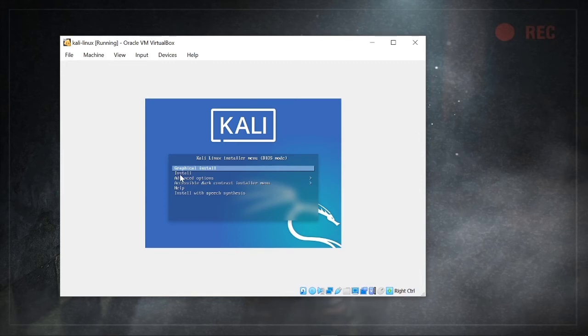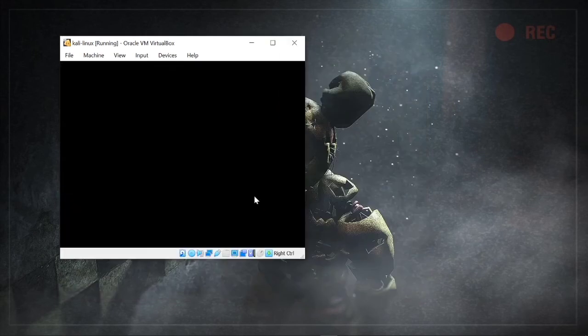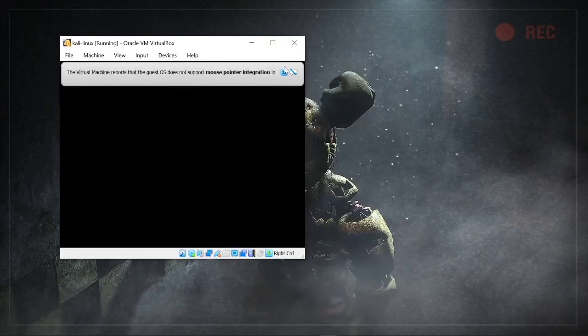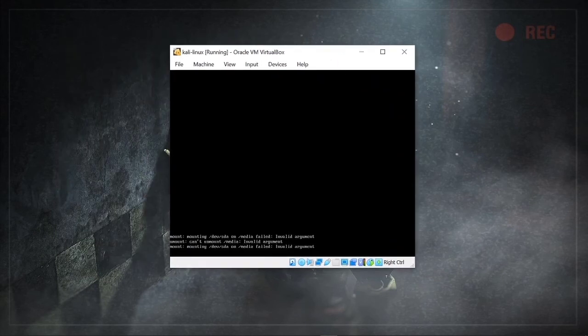You can then run it in live forensics mode, where you analyze the repositories, then live USB persistence, if you are running it on USB, which you are not. And finally we have the installation for beginners and the graphical installation. That is what we are going to do, so just hit enter and we start the graphical installation.